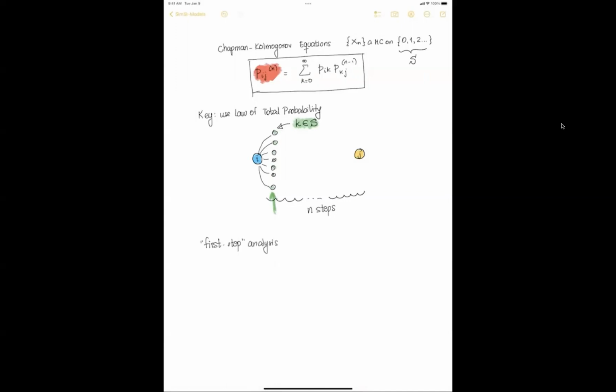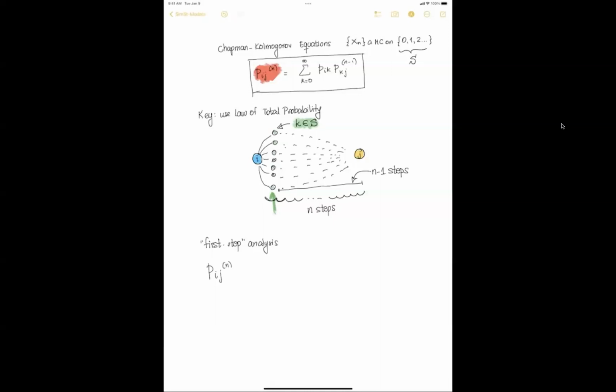And so if I condition on the first step, then of course we need to figure out, after conditioning on that step, that we go from that state k to j, but now in n-1 steps. So if these were n steps, then from here to there will be n-1 steps. So how do we do this? We say